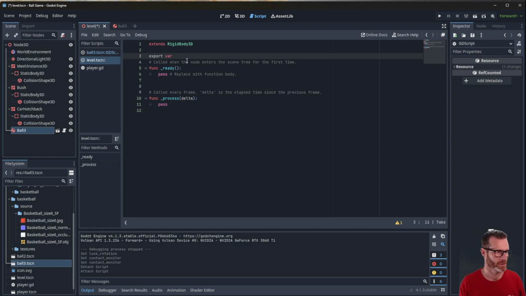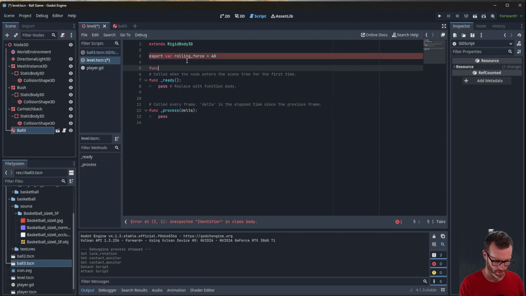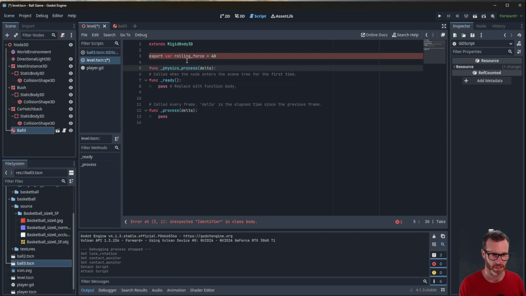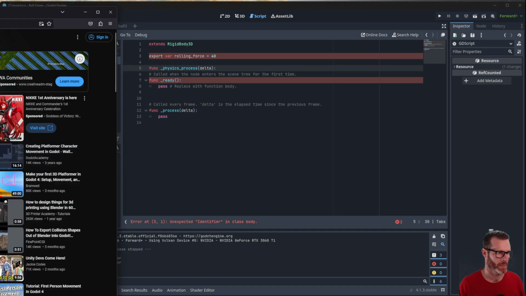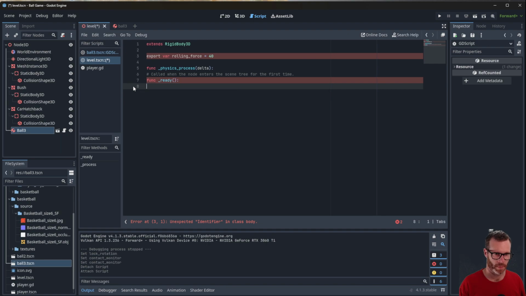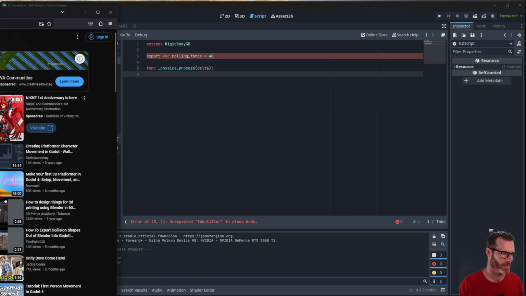Export rolling force equals 40. Underscore physics process delta. In order to respond to the key presses, we have the if statements. They tell Godot which line of code to execute when the player is holding the corresponding key. When the player is holding the